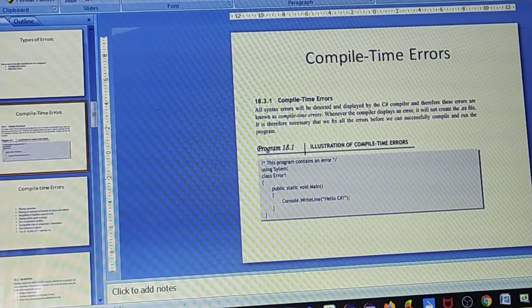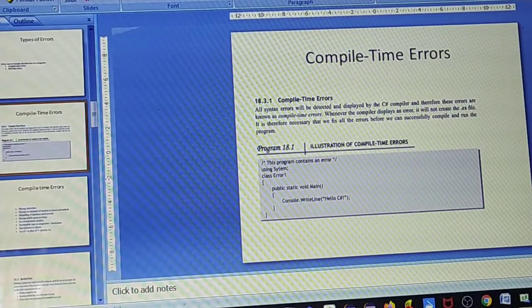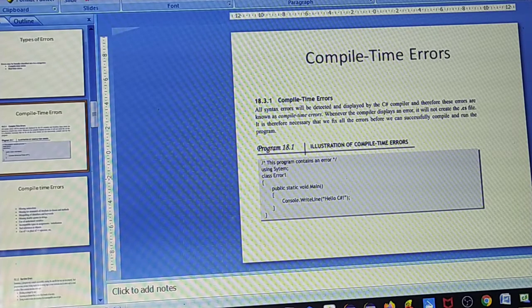Compile time errors are those errors which are detected by the compiler itself, and it will give a print statement showing where the error is, in which line number you have got the error in Visual Studio. Whenever the compiler displays an error, it will not create the .exe file in console applications, and also it will not create